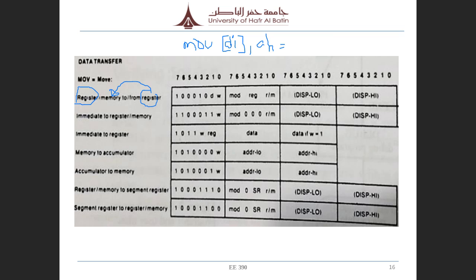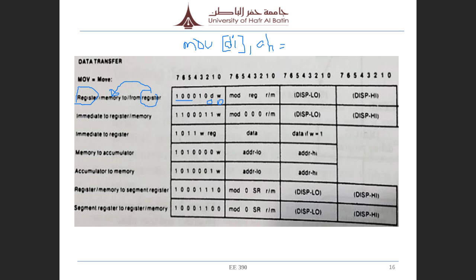Now it follows like 100010, then D and W. It is given already, and it is D. Is it from register or to register? D is 0, from register, so D is 0. And whatever W is, it is an 8-bit operation, because the register is 8-bit, so W is also 0. So that means it becomes